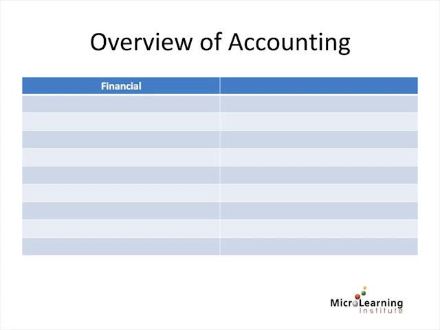Now, I know you're probably thinking that all accountants are financial accountants, and this is true. But in accounting, the term financial accountant applies to an accountant with a very specific responsibility. The financial accountant is responsible for preparing 3 reports which are aimed at communicating the well-being of the business. These 3 reports are prepared at regular intervals. These 3 reports are called the profit and loss, the balance sheet, and the cash flow statement.